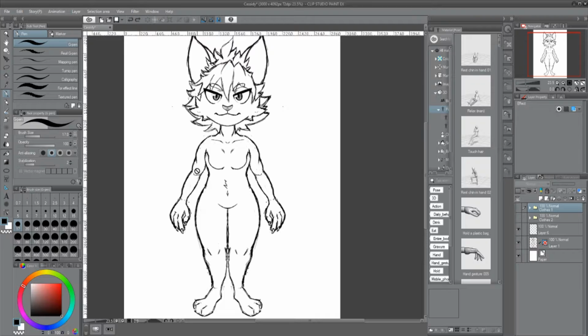So you have the general muscle shape, the body shape. That's all you need, because now you can make a new layer.